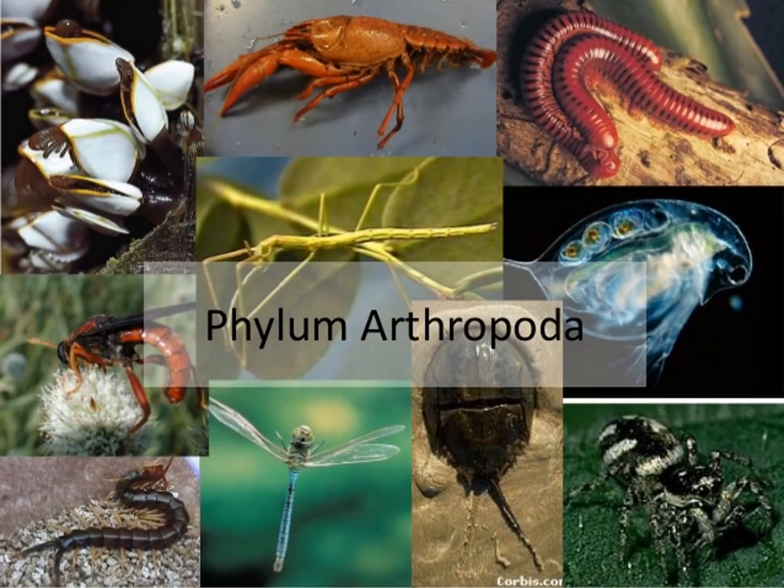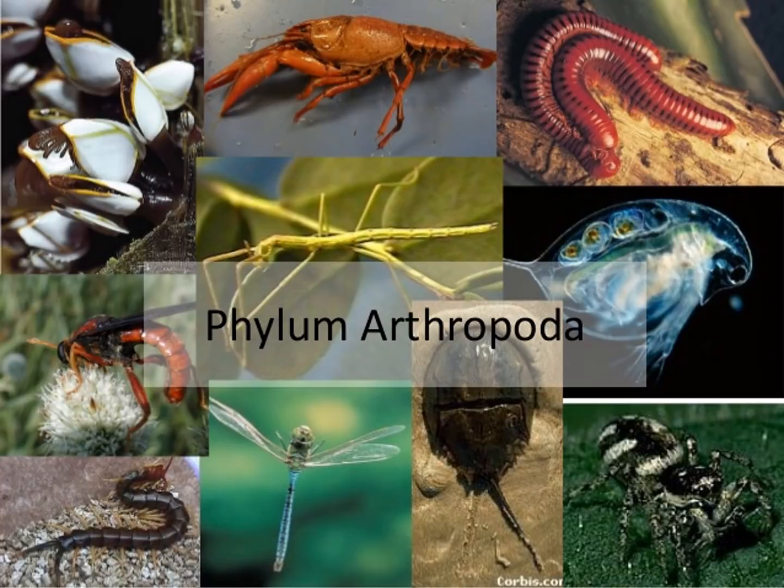phylum Arthropoda. The word arthro means joint and poda means legs. So these are the animals whose legs look as if they are being joined to one another. This is the phylum which has the highest number of animals, and these animals can cover the largest number of habitats. So you can find these animals from oceans to mountains. You can find them in all different places. That is why they contain the largest number of animals.